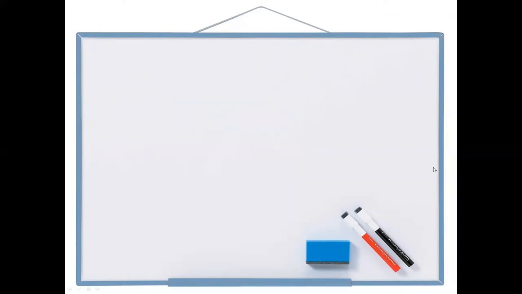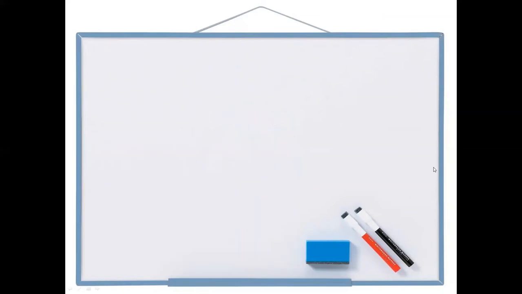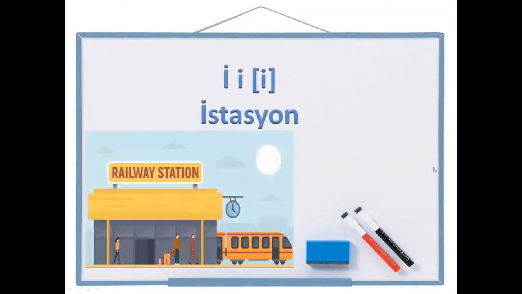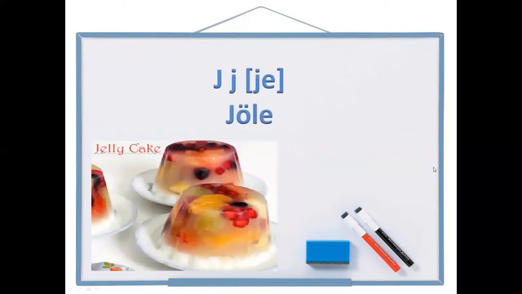Okay, the next one is H. Hobby. H. Hobby. And the next one is, it's a thick I. We are going to read it as I. Işık. I. Işık. And the next one, remember, it's not I, it is İ. İstasyon. İ. İstasyon. Okay, the next one is, it is not J, it is